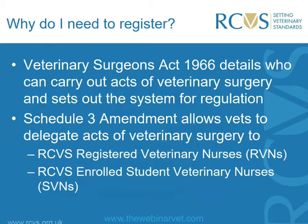The first thing I'm going to cover is why you need to register in the UK. In the UK we have the Veterinary Surgeons Act, and this details who can carry out acts of veterinary surgery and sets out the system for regulation. Section 19 of the Act indicates that veterinary surgeons, so members of the Royal College of Veterinary Surgeons, may practice veterinary surgery. And veterinary surgery is defined within the Act as